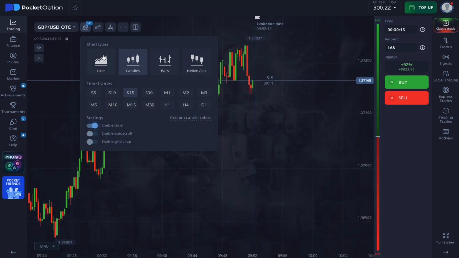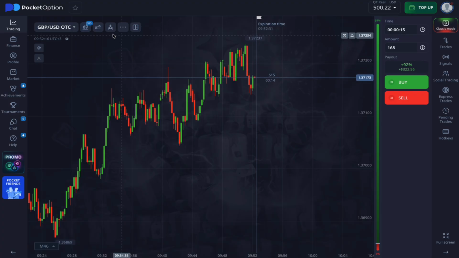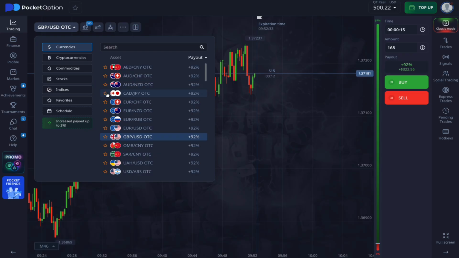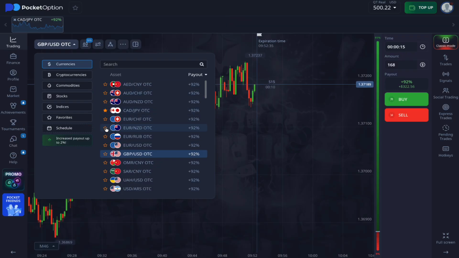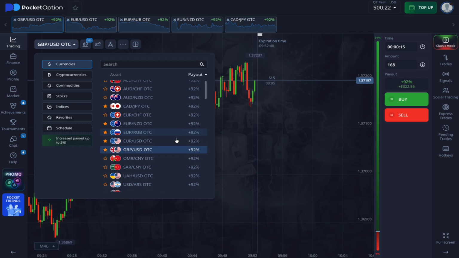Before starting a trading session, I always recommend setting the chart to candlestick type. This is the most optimal chart type on this broker. For the interval, I've chosen 15-second candles. That's what we'll use for trading and technical analysis today. I only have $500 in my deposit, and the goal for this video is to add at least $1,000 to my account balance. I'll show you later which tool helps me pull that off, but for now, let's move on